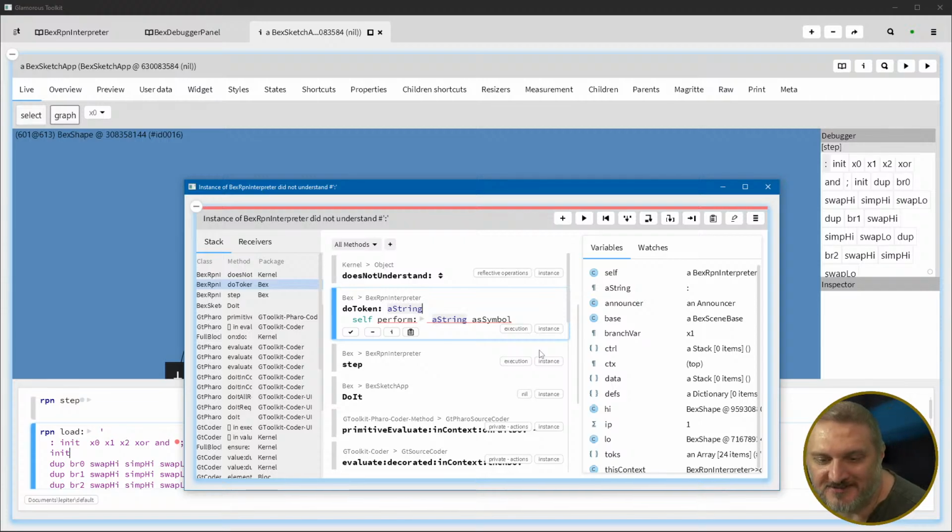Basically, the colon is the word that turns on the compiler. And so when the colon is encountered in the input stream, then, how would you say it, the colon causes